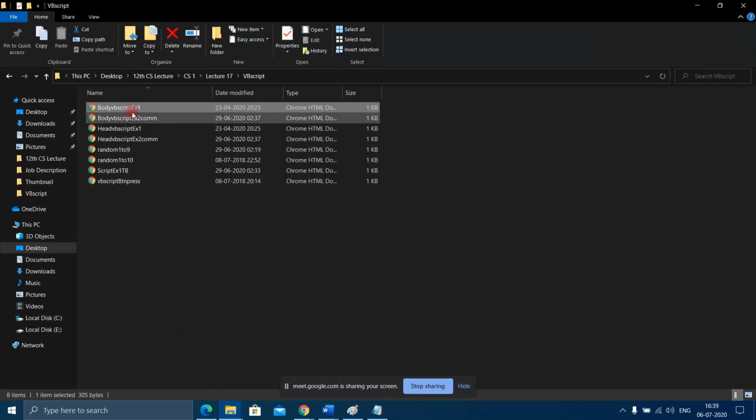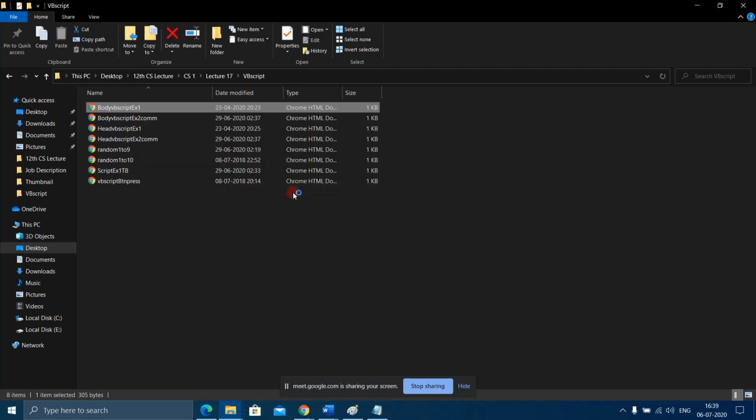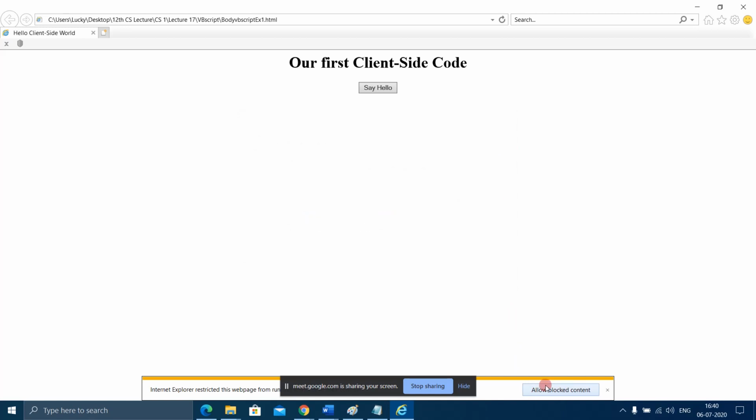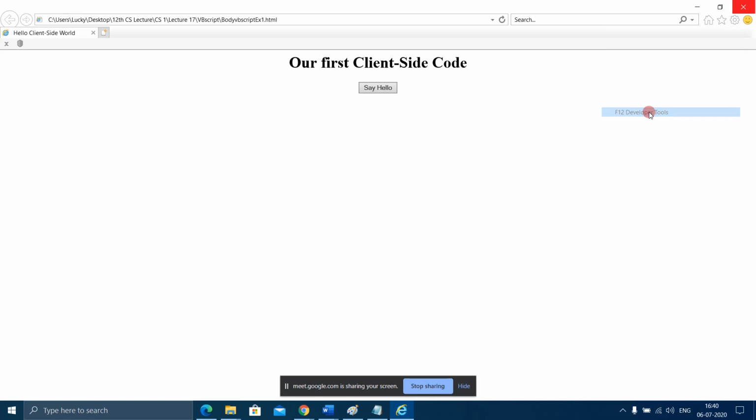What I'll do, I'll open this with Internet Explorer. Open with Internet Explorer. Let it open. Allow blocked contents. And you can go to the settings. You can go to the developer tools.